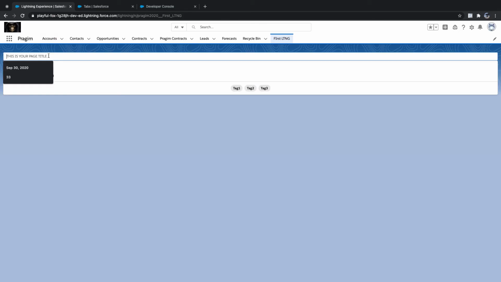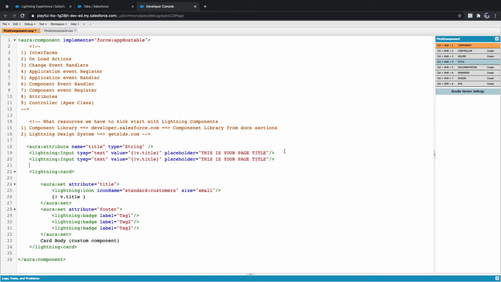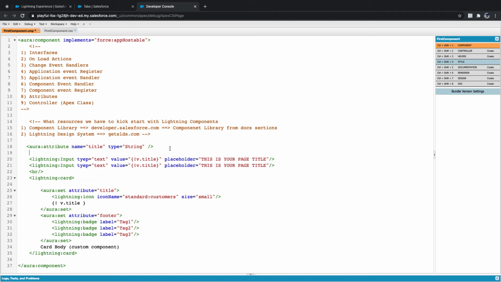Now I don't have a page title. Now I need to enter my title saying Deepak. Now we got updated, right? Let's say now I need to pass even a dynamic utility name, even a dynamic icon name. If I want to pass my dynamic icon name, what I'll do, I'll just add a BR tag, right? Now I'll copy this attribute, I'll paste it, I'll say icon name. Here I'll say label equal to page title.